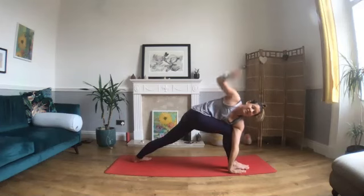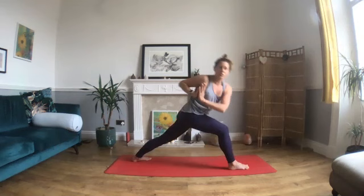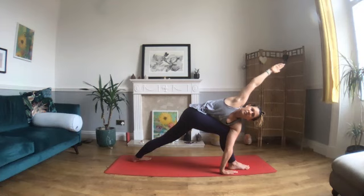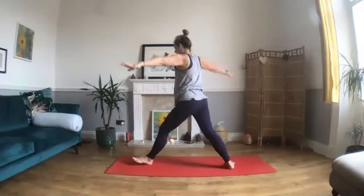If today it feels like a day to undo those arms and come into aeroplane arms, open them out so you're twisting. Yeah, so coming across, hooking, that's it. And then extending if you feel you've got enough space. Last breath. Looking down towards the floor, inhaling, wiggling your arms up and out, and then turning in the other